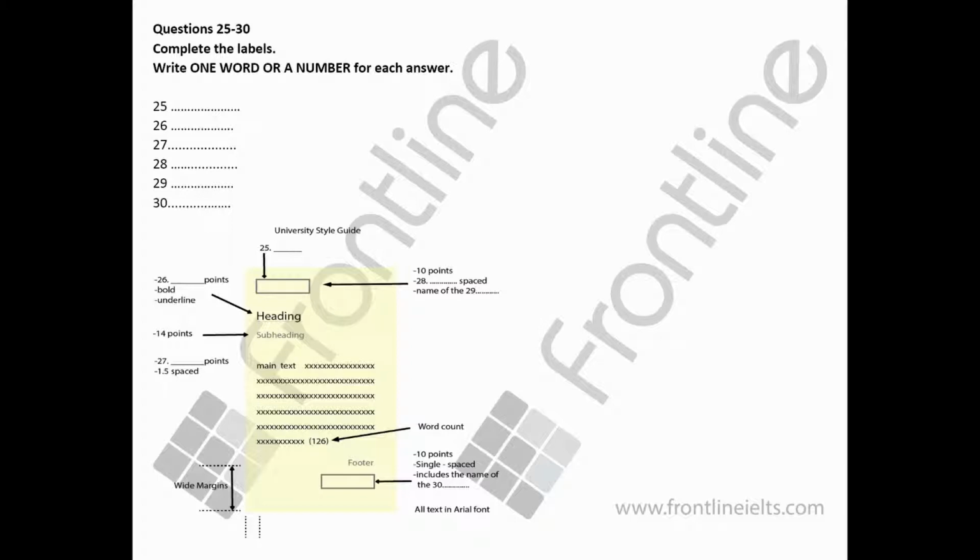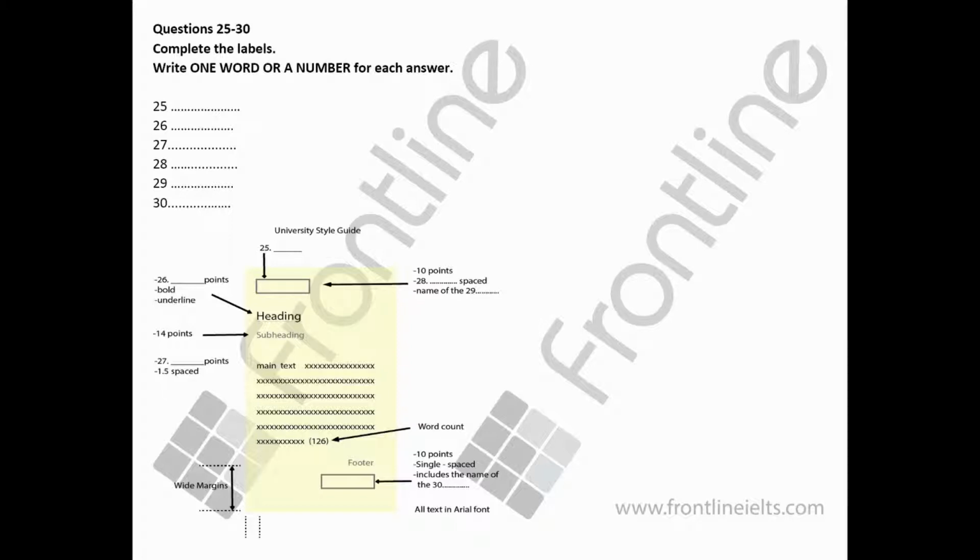Guess what, Liz? There's another interesting thing in this orientation booklet, and it looks important, about a style guide. What's that? Take a look yourself. It seems to be a set of rules regarding how to present written work, essays and that sort of thing to the lecturers. They want a uniform style of presentation. I can see, so everything we hand in must have a header and a footer. A what? A header and a footer. The footer is at the bottom of the page and the header is at the very top. That's why they call it a header, you know, that little bit of writing giving details about the work.